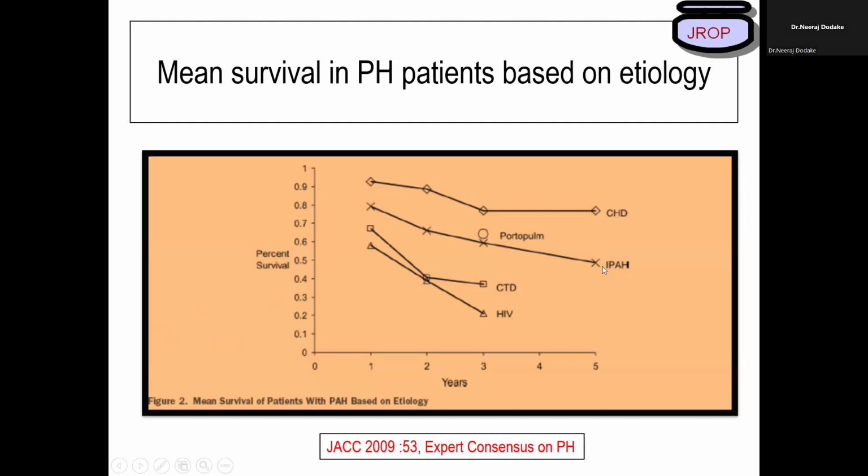Postpartum, idiopathic, the line drops to almost 60%. Chronic thromboembolic disease or HIV have significantly lower survival. So assessing first pulmonary artery hypertension, then possibly its cause, makes a lot of difference in